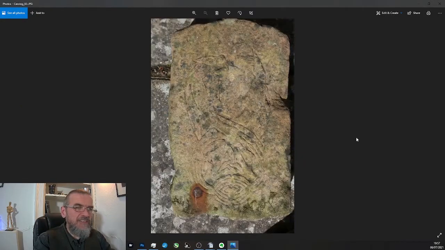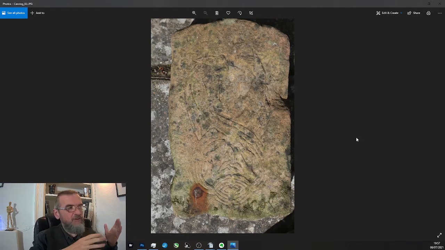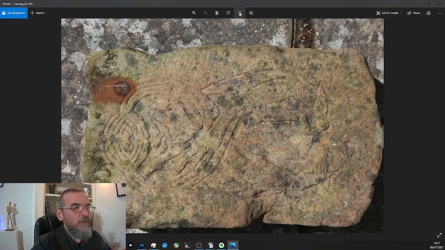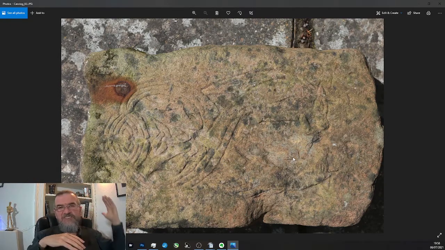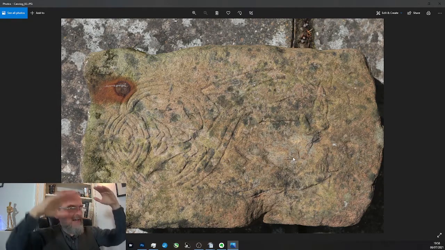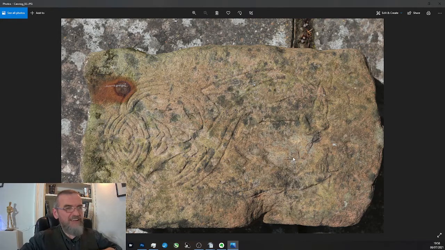Now, next what I did was I laid it down flat. The sun was coming from the top left. So it's creating a bit of shadow here, and we can see some deeper lines. But mostly, because the sun is quite high at this point, it's coming sort of directly from above. Again, we're not getting a huge amount in terms of detail. There's not enough